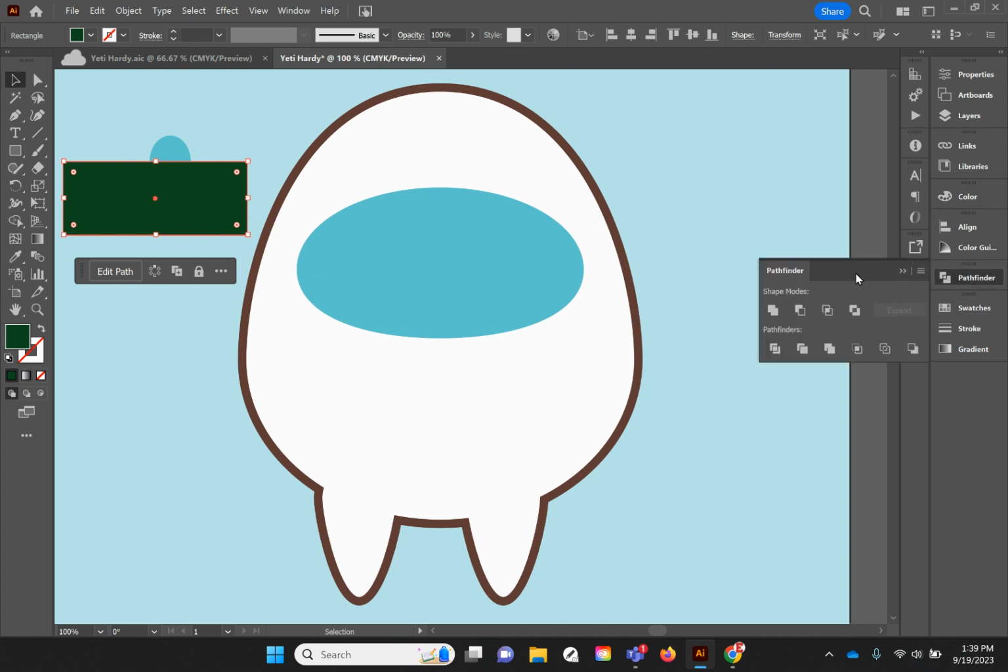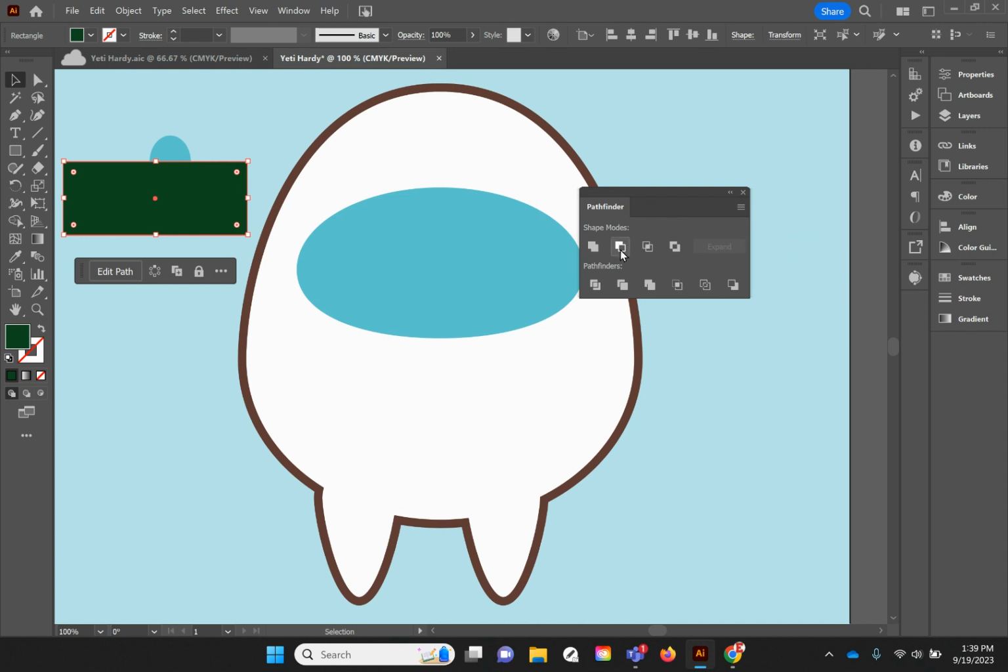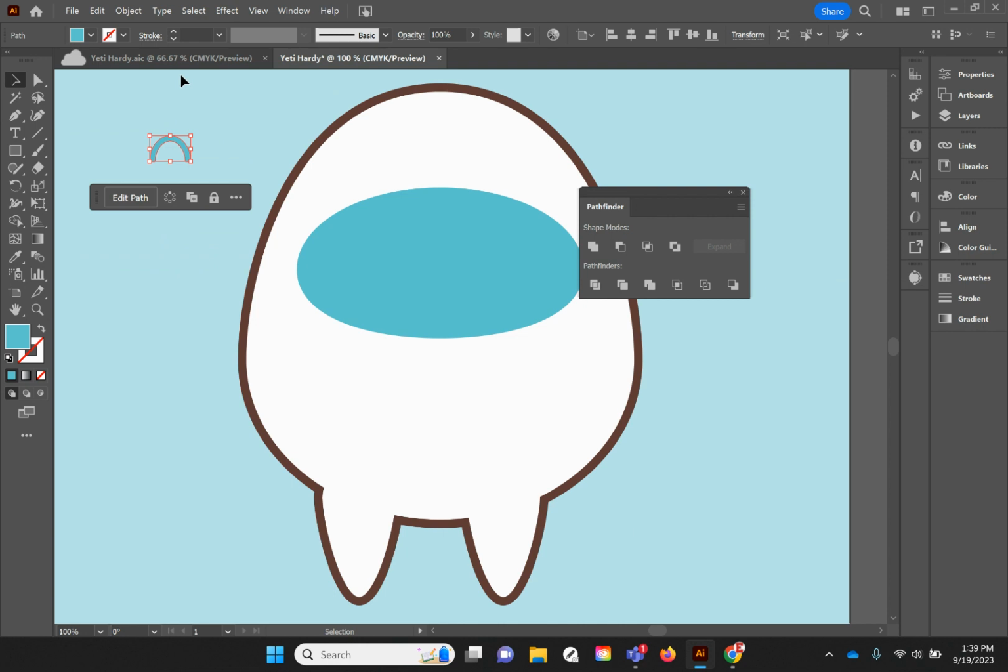And then we're going to get out our pathfinders. And what we want is the minus front. Oops, but you have to select everything. How about that, right? Minus front. So now we've got this cutie eye, and it wants to, let's see here, create a stroke